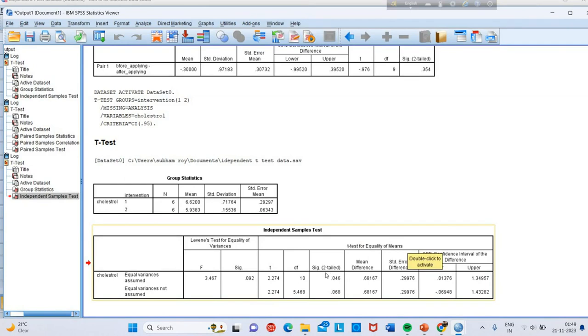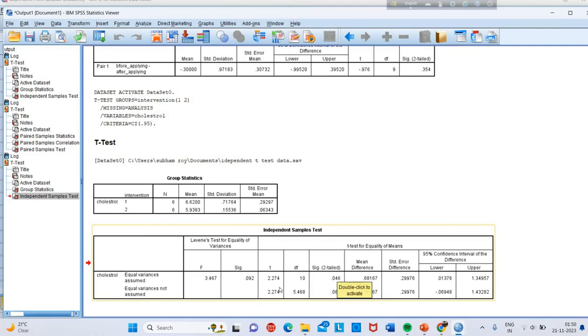In the assumptions we already saw that for the independent sample t-test the variances have to be equal. So here is equal variance assumed, and this is equal variance not assumed. So we have to see this one, equal variance assumed, and this value is